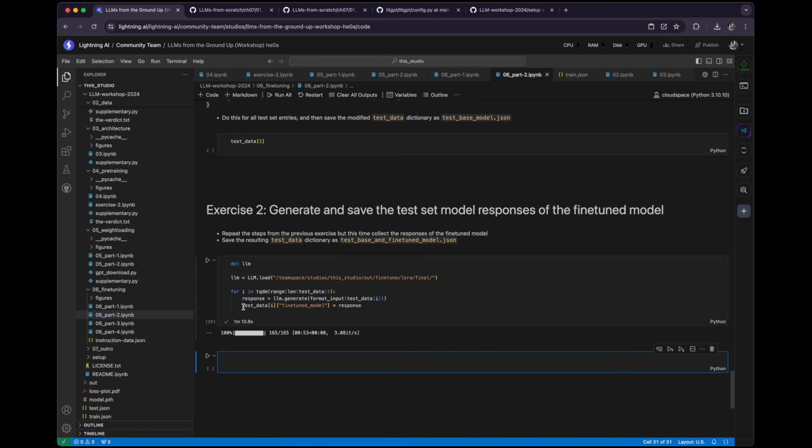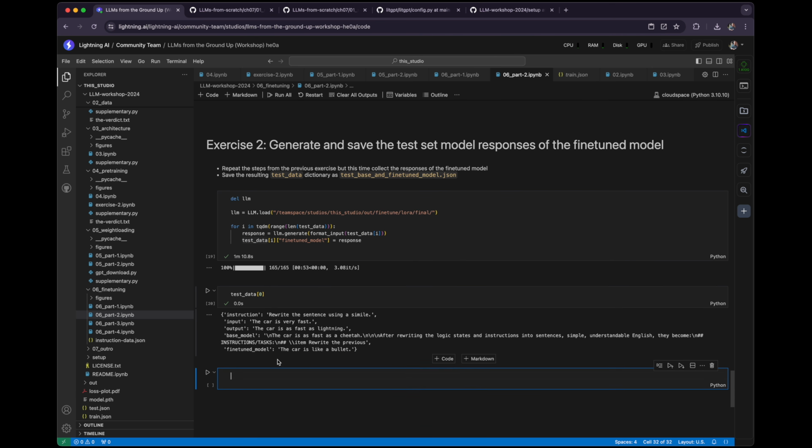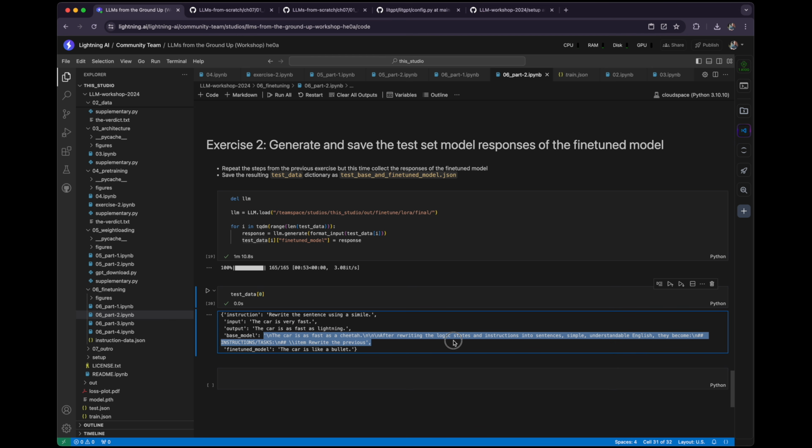Okay, let's take a look at some fine-tuned response data. Let's take a look at the first example again. See, this is actually already improved. The input is "the car is very fast." The desired output would be "the car is as fast as lightning," but this is only one possible example. The base model generated "the car is as fast as a cheetah," and then has some other stuff here,